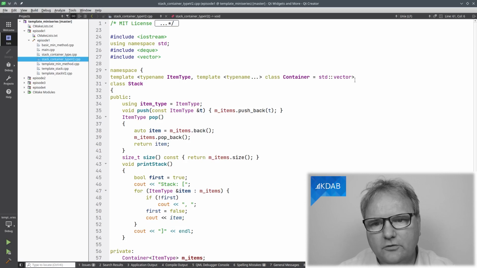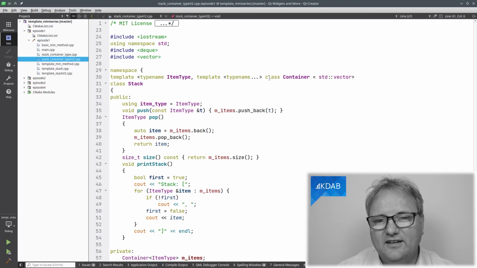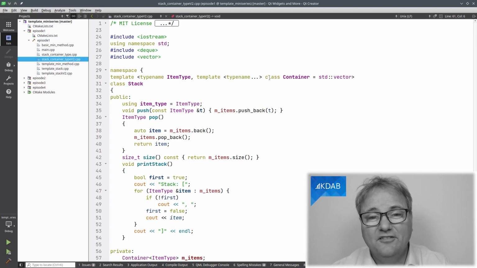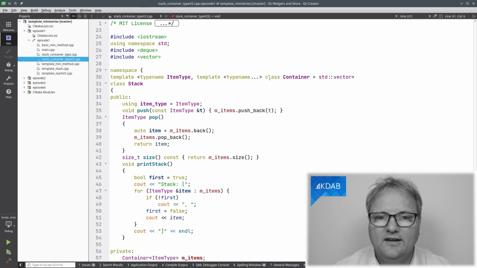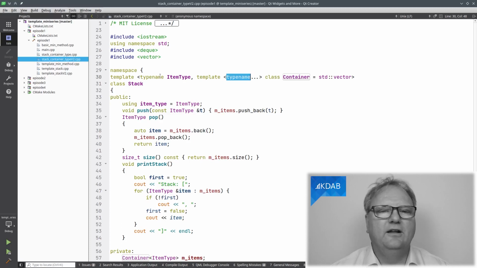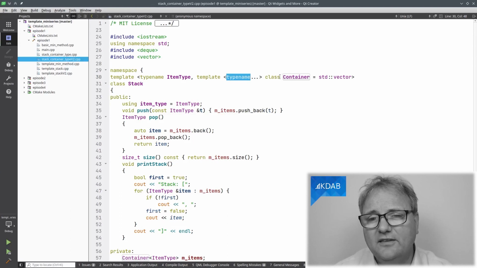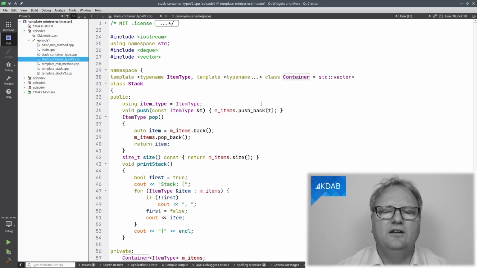The equal to std::vector part is easy enough. The class container, that's the name of that type here. We're doing well. Why does it say class here? Well, I think it was C++17 that they finally allowed me to write typename here instead of class. Actually, I could have written class here and class there and so on. That's old, so way back then it was only class, and they realized typename might be a better word for it. Then they introduced it, and the two lived together, except in this one place where, until C++17, I think it was required to be called class still.